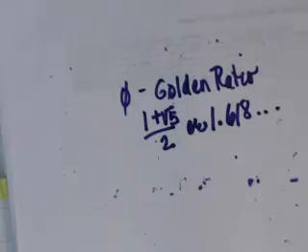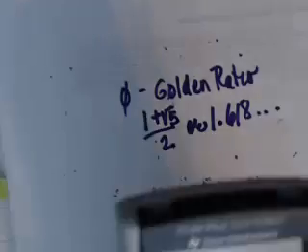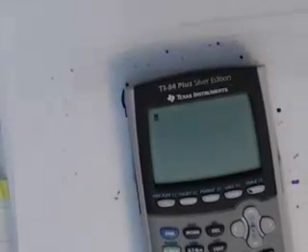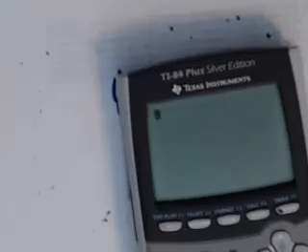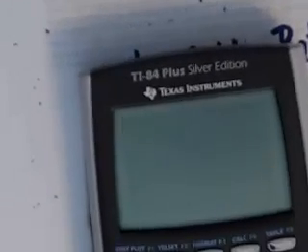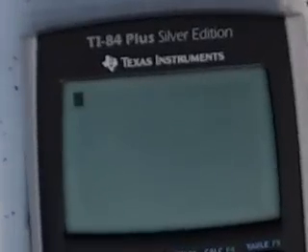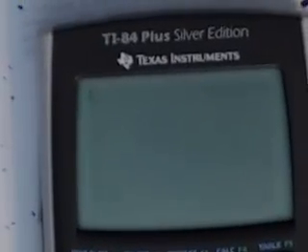and we can do an activity with our calculator that will help us to approximate the golden ratio. So I'd like to have you do this with me. So if you will get your calculator,